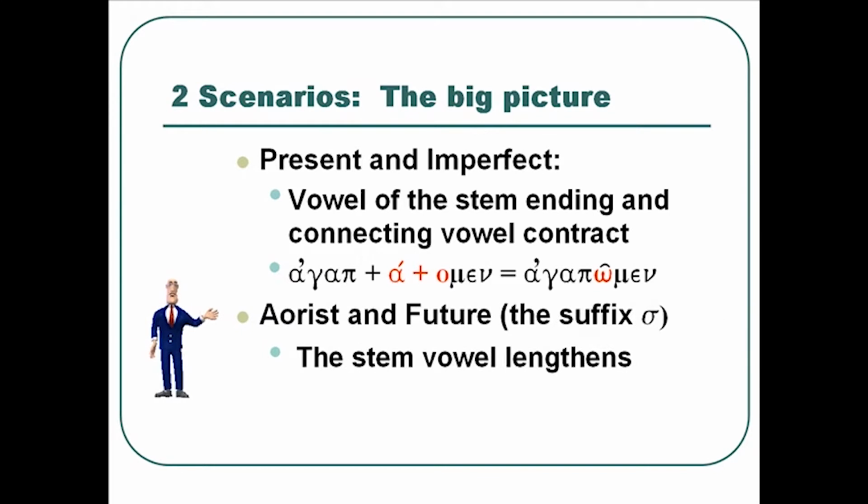The aorist and future usually have a sigma suffix, and so the vowel stem will lengthen prior to the suffix being added, but then that sigma consonantal ending that's there, the sa everywhere, that sigma will provide a barrier between the two vowels of the ending and the root form of the verb. So basically what will happen is the root stem vowel will just go long when the sigma is added. So that'll be no surprise and fairly easy.